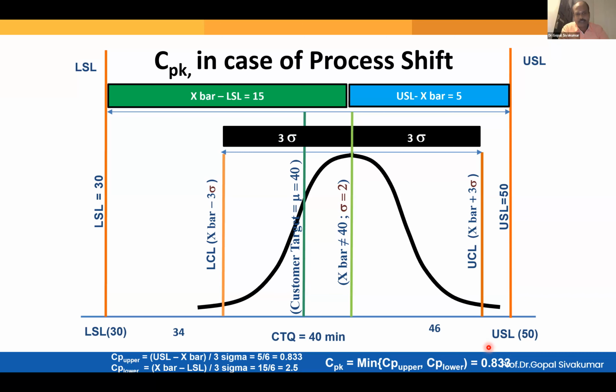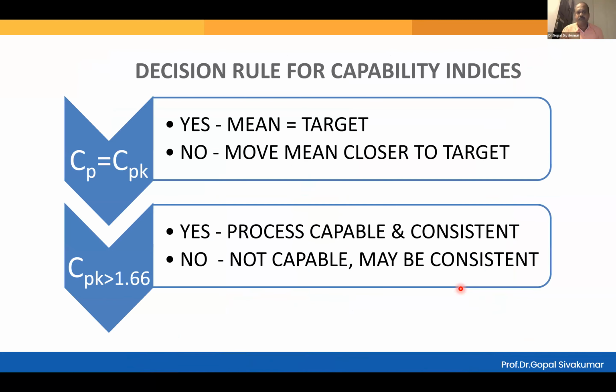So you have two metrics: one is Cp, the other one is Cpk. Which is a real indicator of process capability? Cpk, not just Cp. Hereafter, if you want to understand the capability, just look at the Cpk, never look at Cp. So the decision rule: